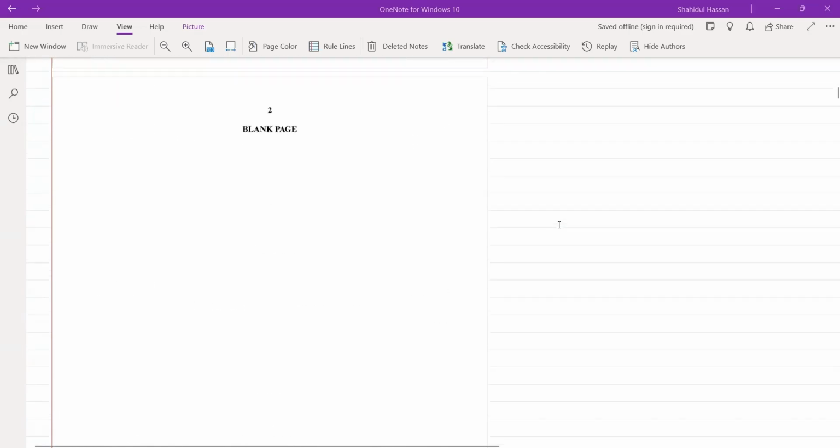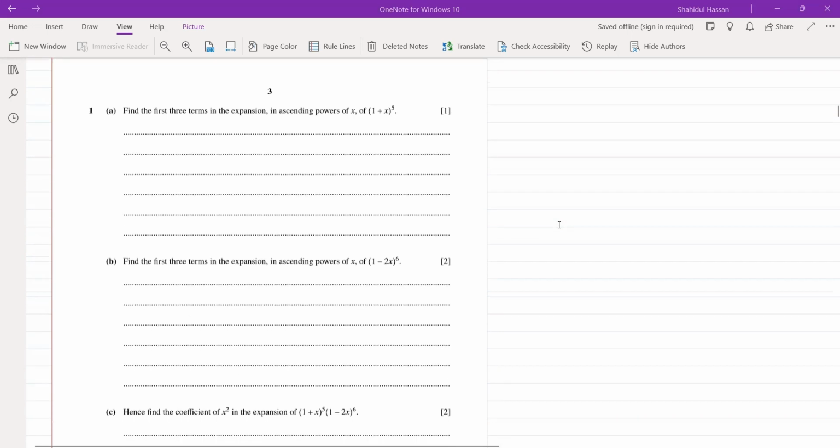So P1, we're going to start with the P1 paper. First question is, find the first three terms in the expansion in ascending powers of x of (1 plus x) to the power 5. If you have to expand it, we're going to use binomial expansion. The technique is this: 1 to the power 5 plus